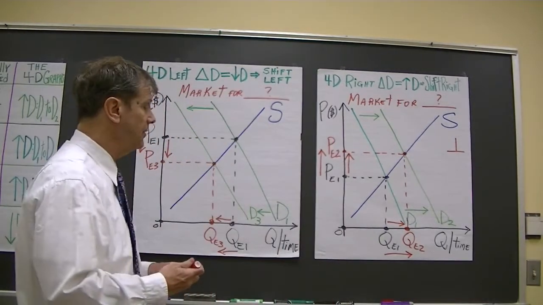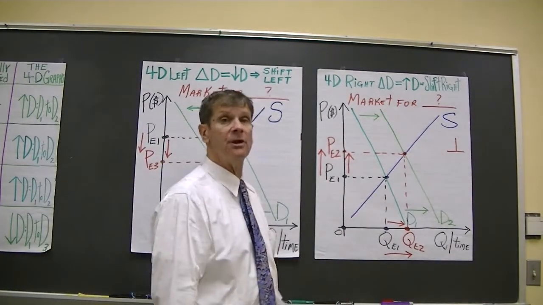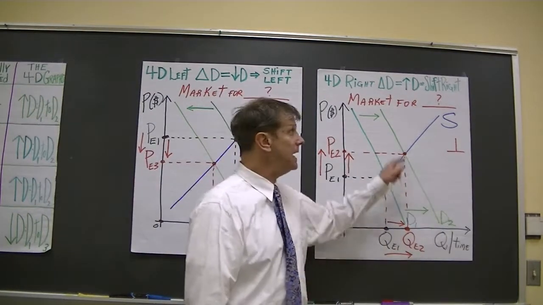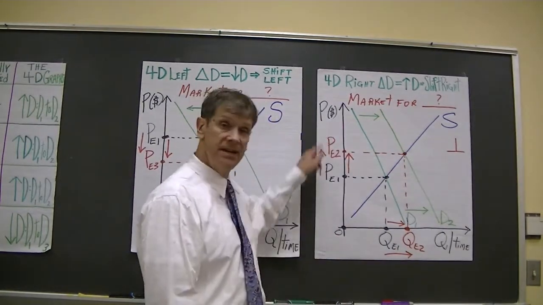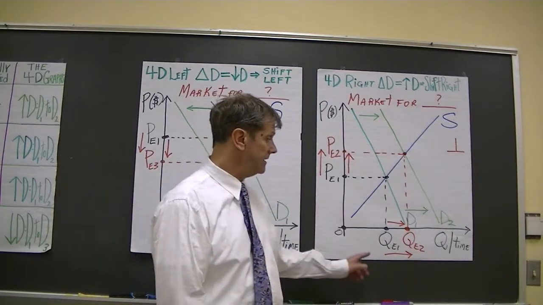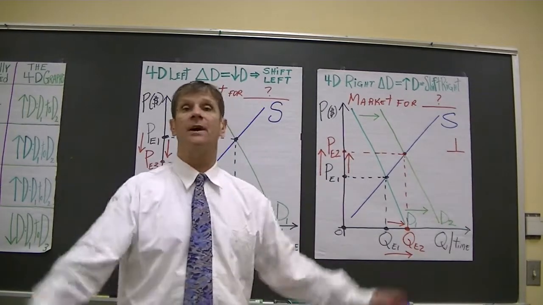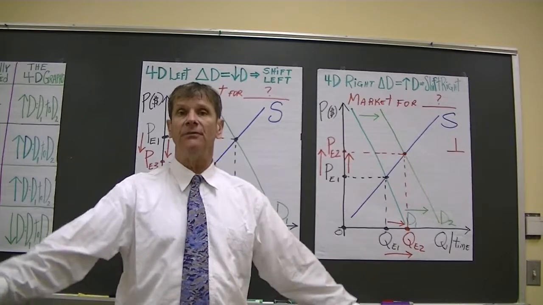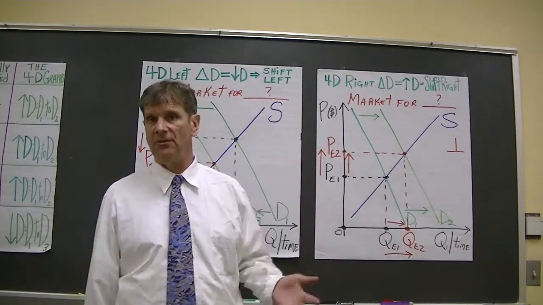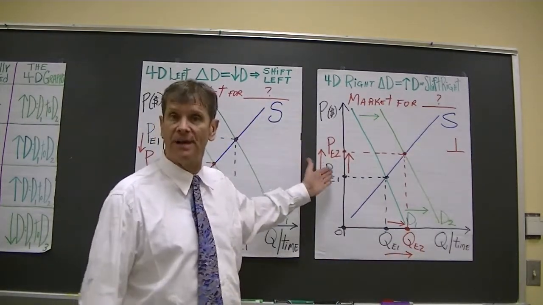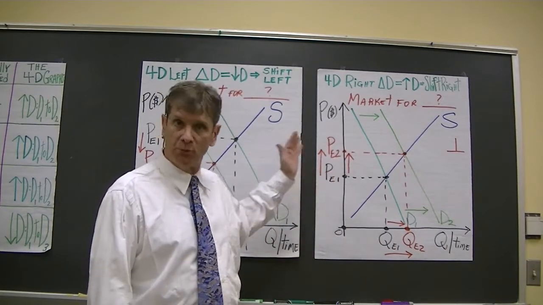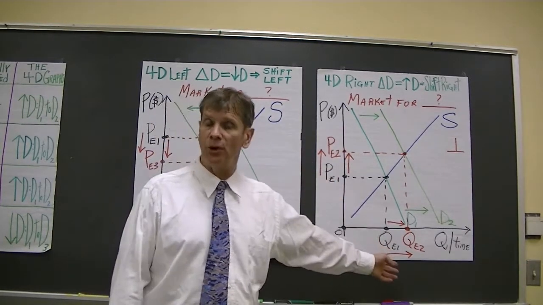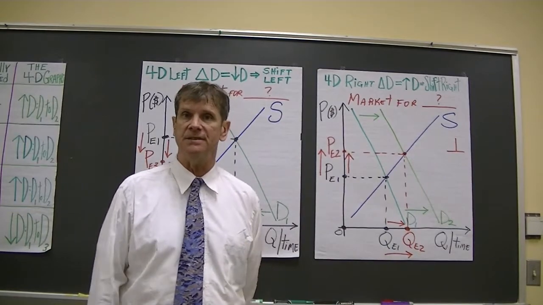We usually say the price went first. So we would say the equilibrium results of an increase in demand are an increase in equilibrium price and an increase in equilibrium quantity. Whenever a determinant of demand changes such that it causes an increase in demand, this is the graph we have to think of, right? Prices are going to go up and more is going to be traded, right, when we have an increase in demand,